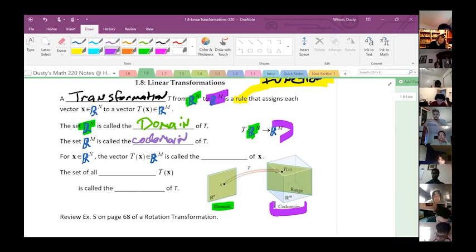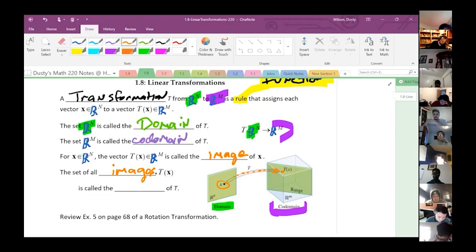So for x in Rn, the vector Tx in Rm is called the image. So the image of x. So you started with this x down here, and it gets sent to this Tx, that's the image. Literally think about like the image, the thing that's on the screen, if you will. And the set of all images, Tx, is called the range